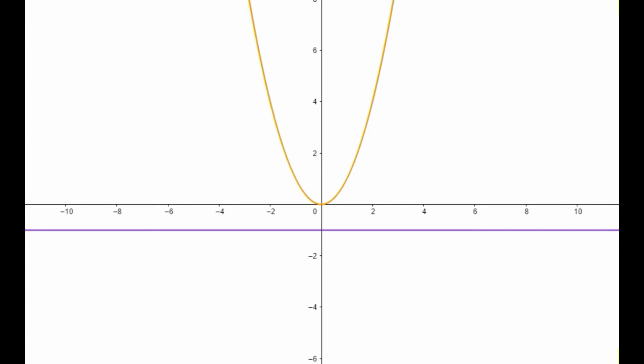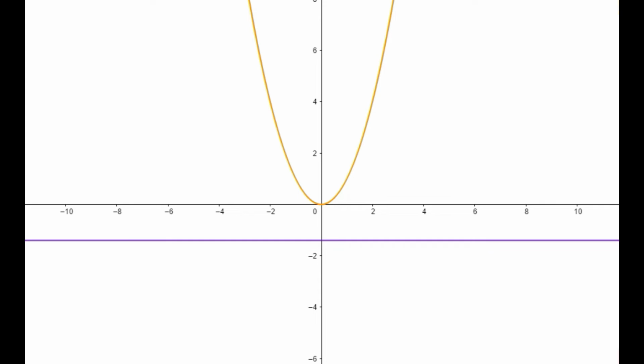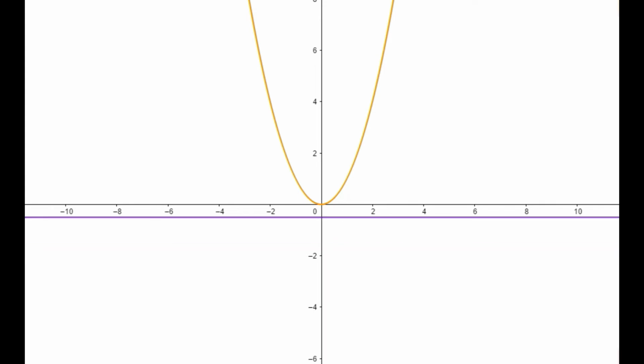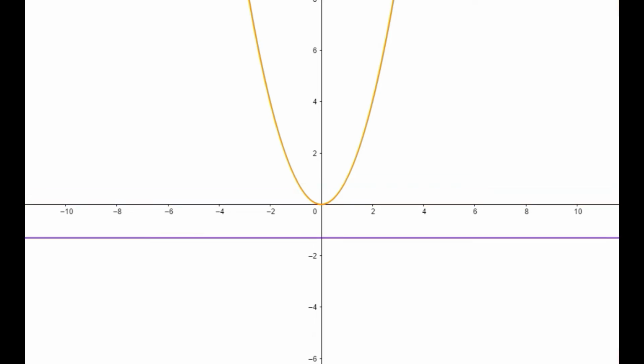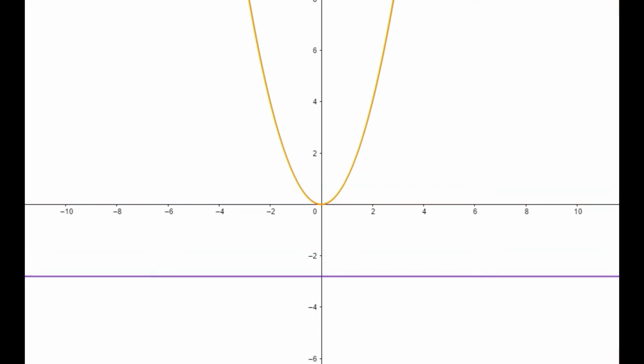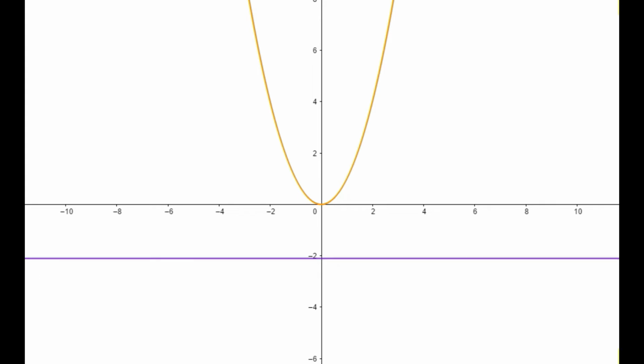Here we have given another example, f of x is equal to x square. So for this function we are going to check whether it is onto or not. Again the same argument: we draw the horizontal line. If we can draw a horizontal line which does not intersect the curve, right? So see, here we are finding horizontal lines, more than one line, which does not intersect the curve, right? So the function is not onto.